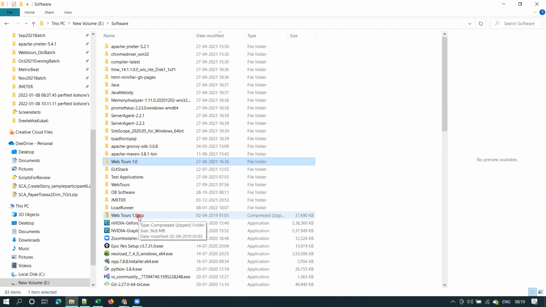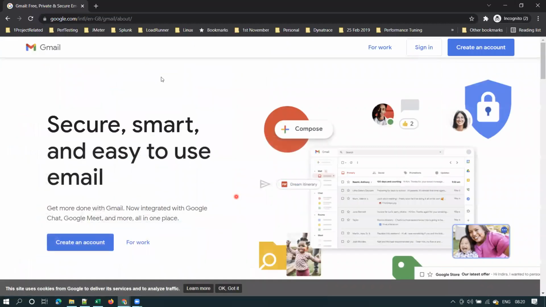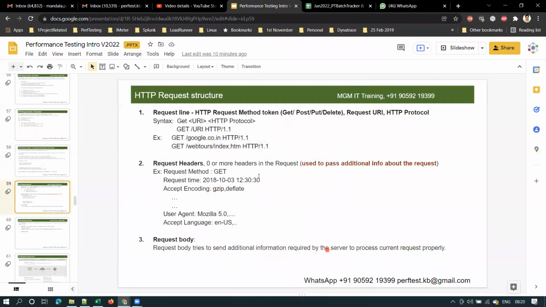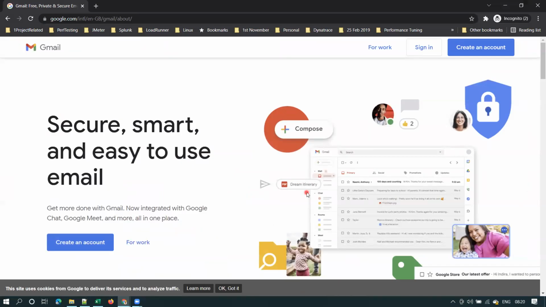So this is the benefit of compressing the contents. The size gets reduced and it will be faster to transfer on the network. Yes or no? Yes, sir. So now when we get the response from the server to the browser also, you will get the response in a compressed format. And once the browser gets the response, it will uncompress that. It will extract that, and it will render the response. Is it clear so far?